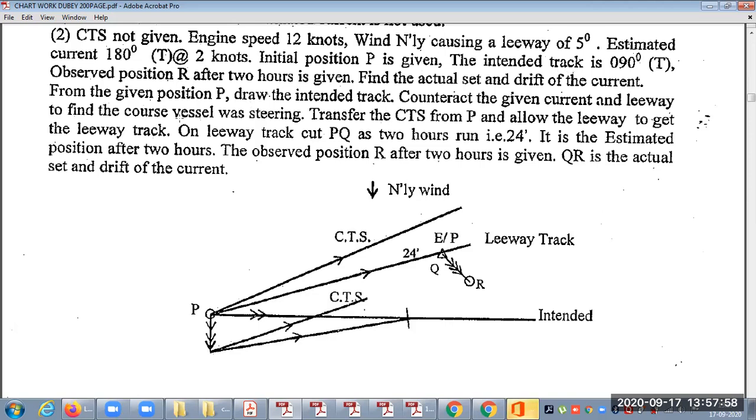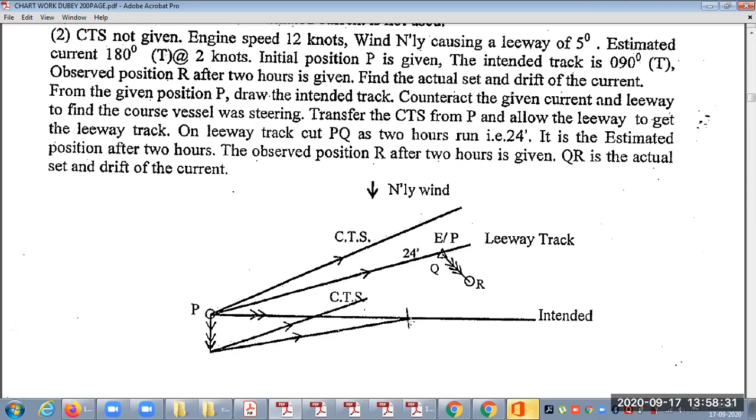Initial position is given and the intended track is given. So we have the initial position P and we draw the intended track. Like we do in the counteracting method, we apply the initial current and the 12 knots ship speed, and we get the course to steer with the wind.